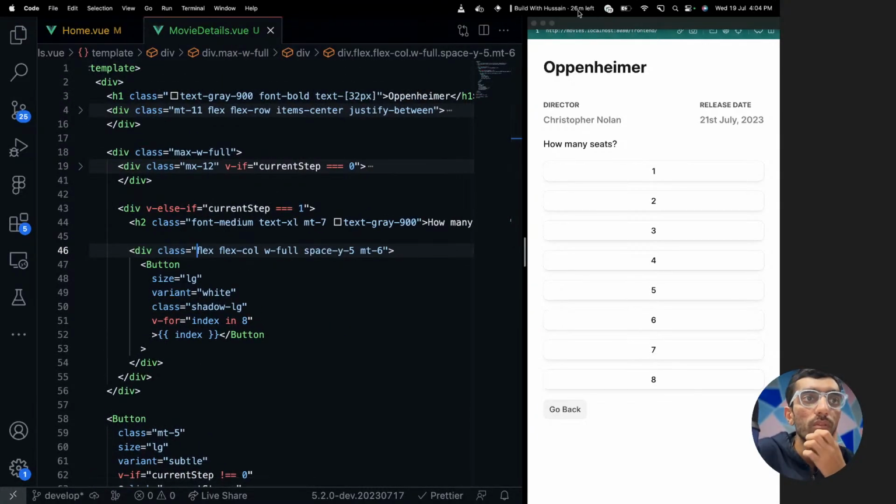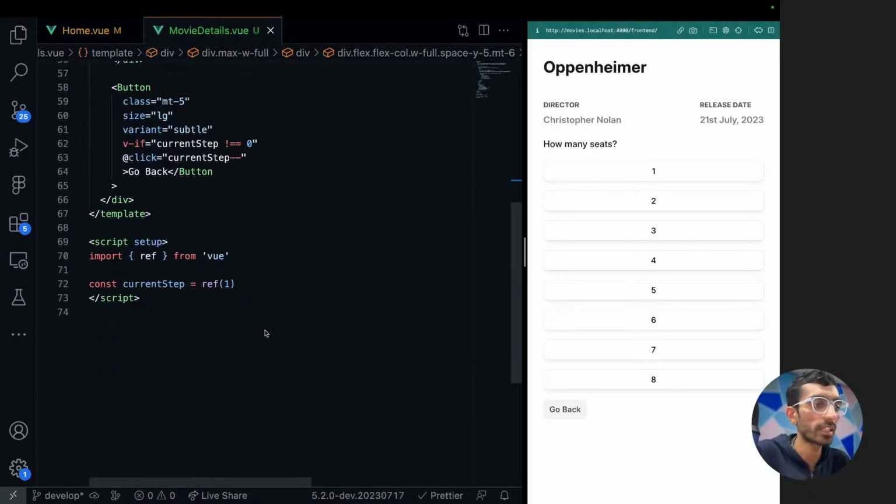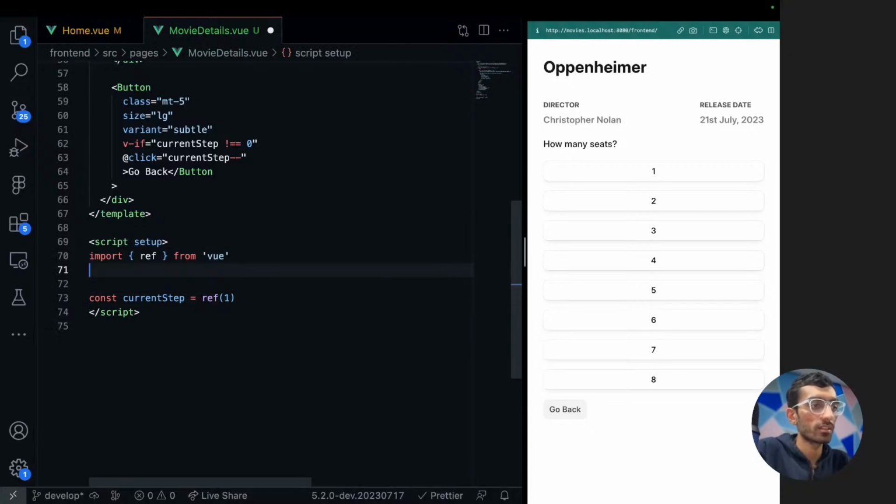So okay, we just have 26 minutes left. Let's get the booking working somehow. Maybe we'll need a bonus episode, but fine. So I'll create a variable to store how many tickets they import